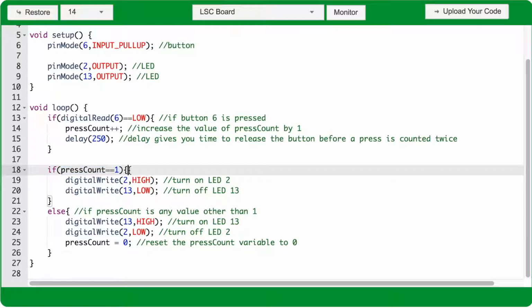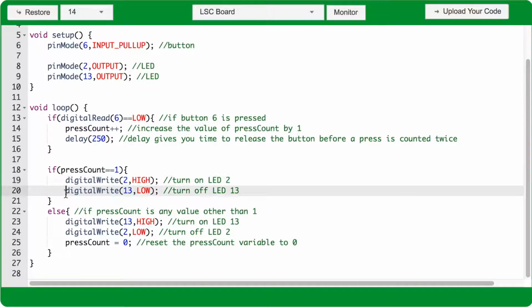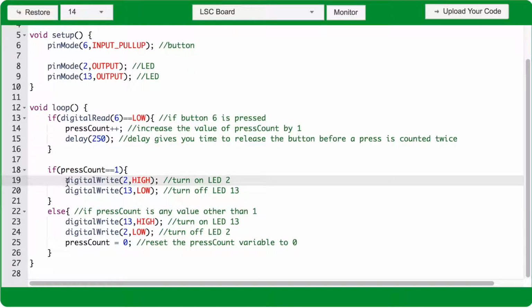If that's true, the code between the curly braces will run, and those are digitalWrite functions. The first has an argument of 2 for the port number and HIGH for the status, so that's going to turn on LED 2. The second digitalWrite function has arguments of 13 and LOW, so it will turn off port 13. If the condition of the if statement is not true, those actions are going to be skipped, and